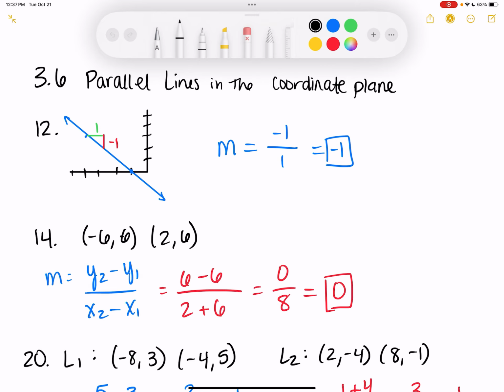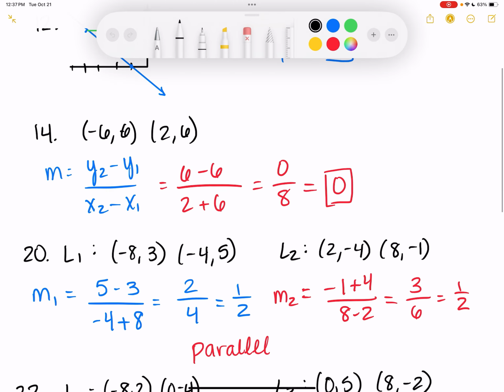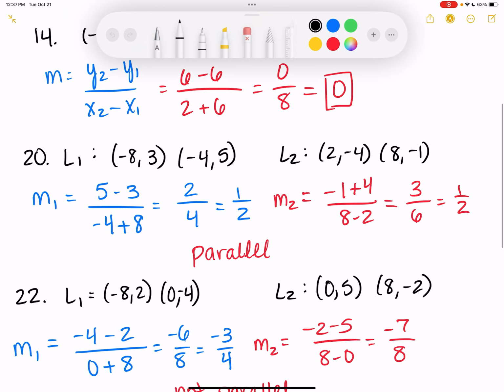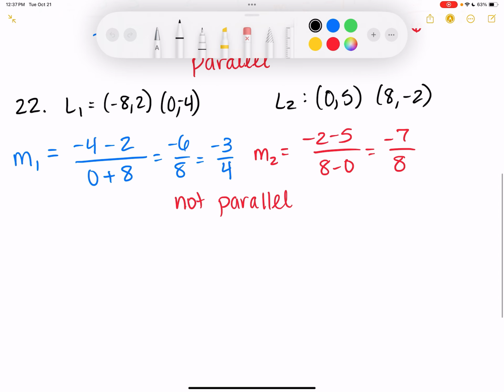Basically finding the slope of lines and then telling if they were parallel or not. We have one more of those and then we'll get into writing equations of lines. So number 26, these ones say to find the slopes